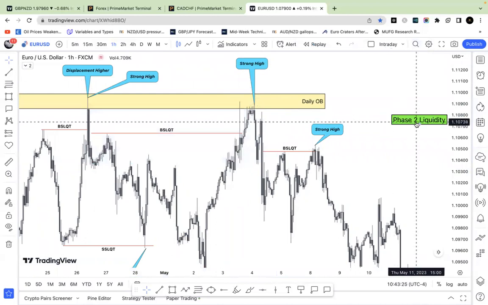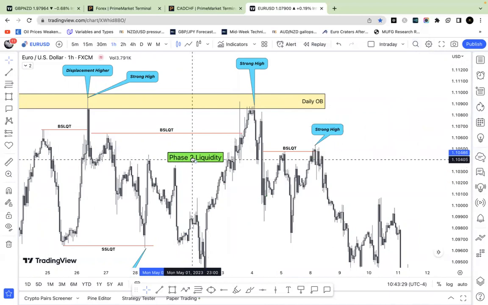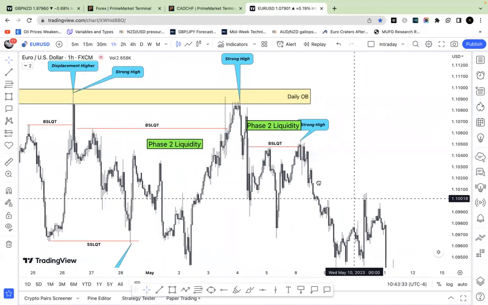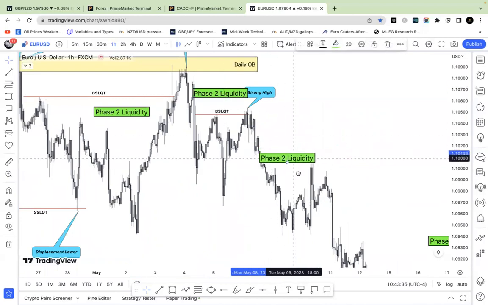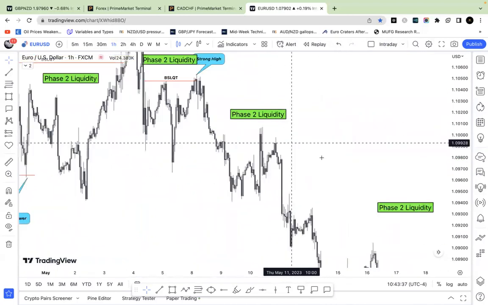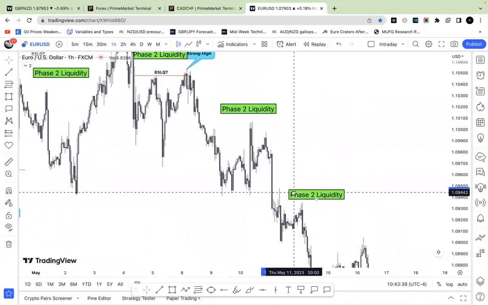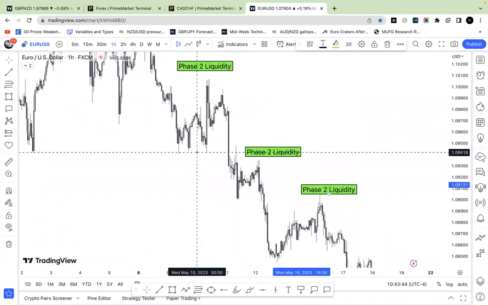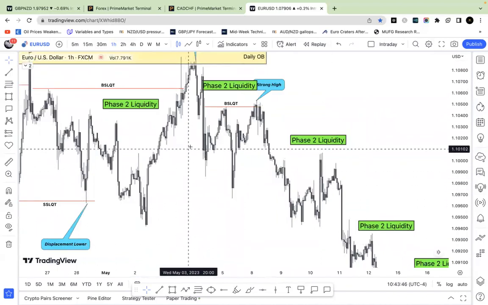This specifically happens on phase 2 of liquidity, which is when they only take price internally. So you have phase 2 liquidity here on that continuation, phase 2 liquidity here on this continuation, and it just goes on forever. You have phase 2 liquidity here on this continuation, presenting many opportunities over multiple days, right? So